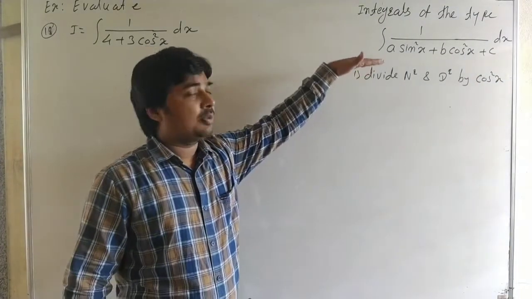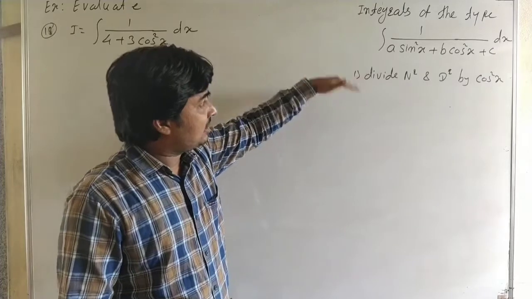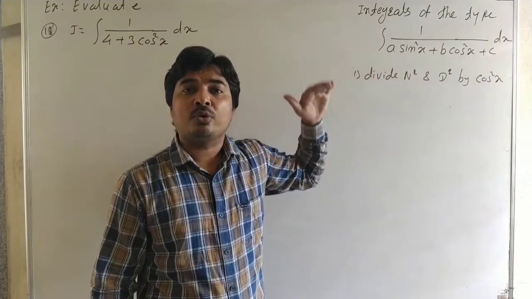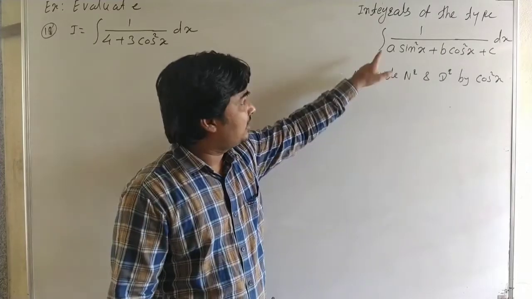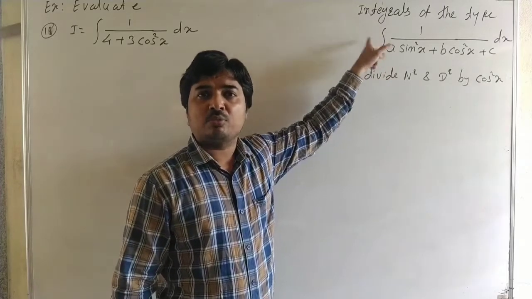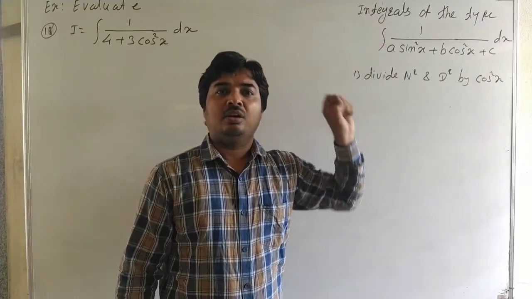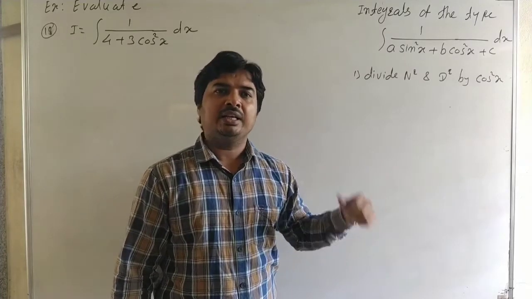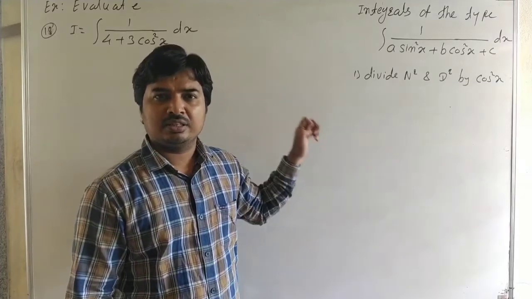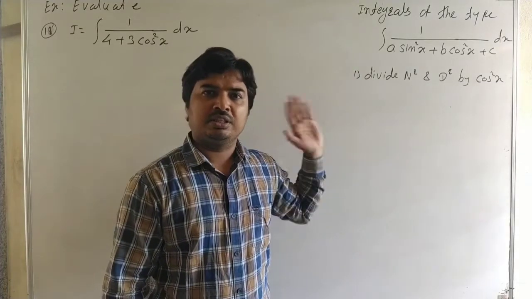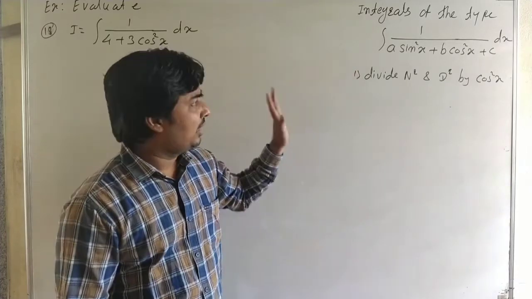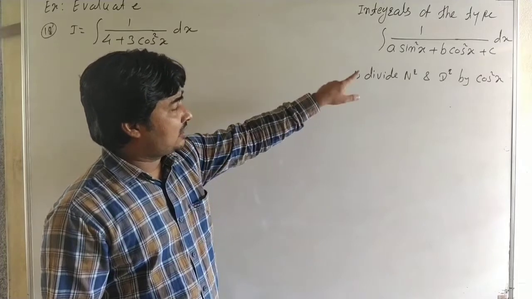To solve such type of example we apply 3 steps and reduce this example to the form of 1 upon a quadratic function. Here it is not 1 upon a quadratic function, but by using the 3 steps we reduce this type of example to 1 upon a quadratic function. And how do we know it is 1 upon a quadratic function? In the last lecture we saw 1 upon a quadratic equation, then there is the completing square method, and we use one of the 3 formulas.